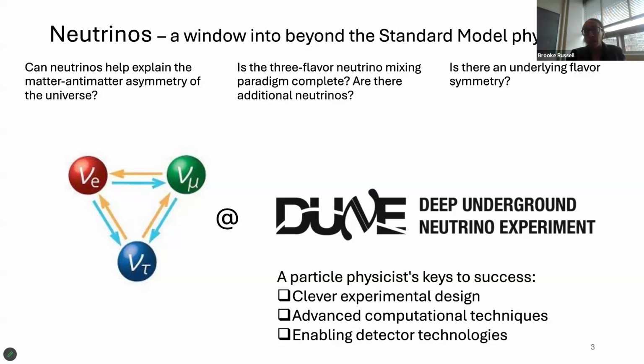From my observations in my career in physics thus far, to work at the bleeding edge of the frontiers of particle physics, there are really 3 keys for experimental success. First, you need a clever experimental design to carefully test your hypothesis, and to the extent where you can, dead reckon your observable from confounding factors.